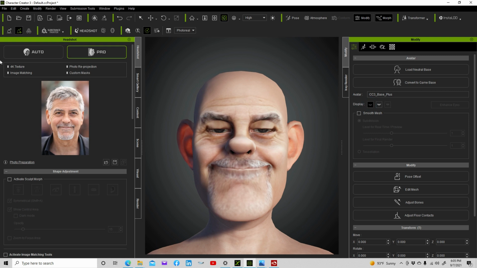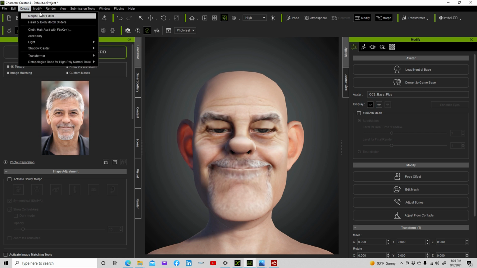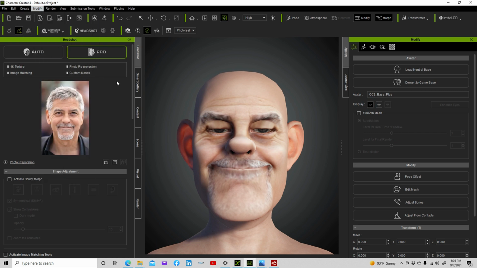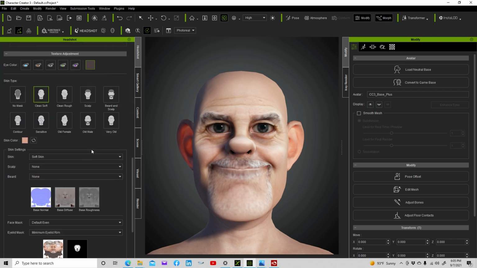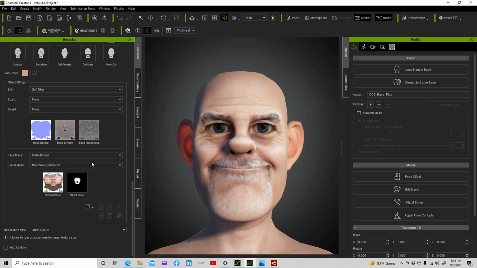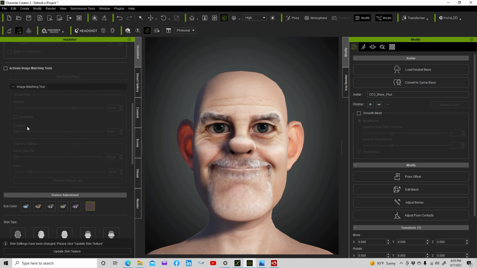So we're going to fix that eye blink, go into correct eye blink, and that's good. I always go down here and go maximum eyelid fill, and that helps when you close your eyes for them not to look too weird. All right,